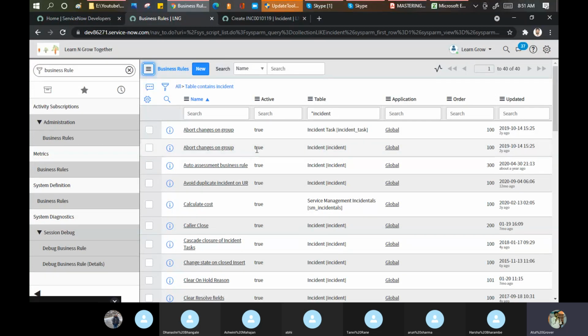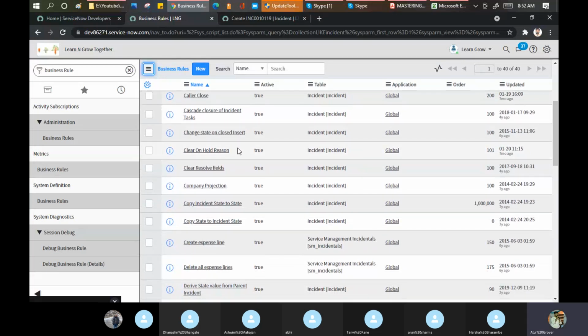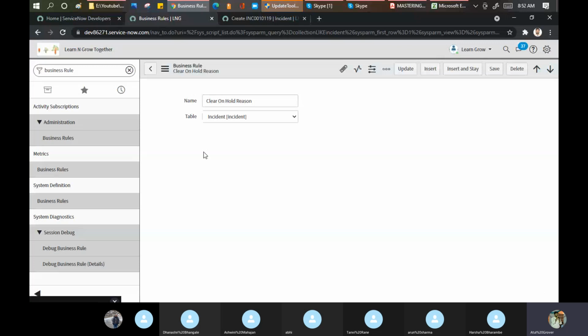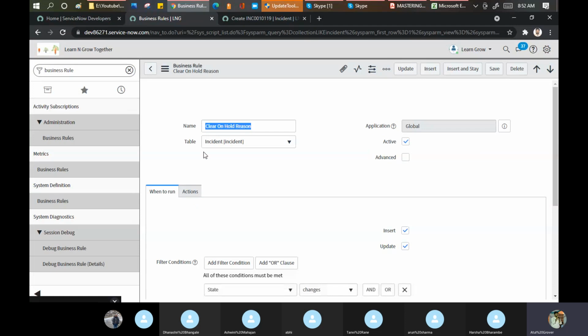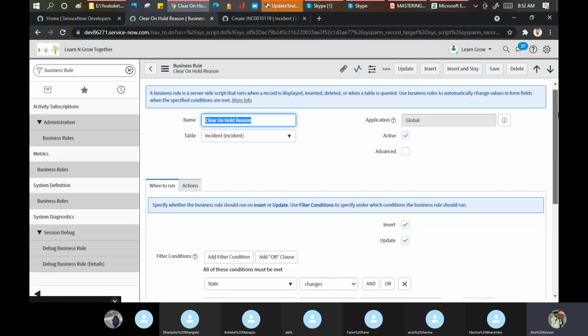How? Let me open anything here. Calculate cost, clear on hold reason. Okay, this one, let's take this. It is a business rule. It means when you submit, when you click on update, then this logic will work for us. Simple things: name, application, table name, and all the things you have to mention.